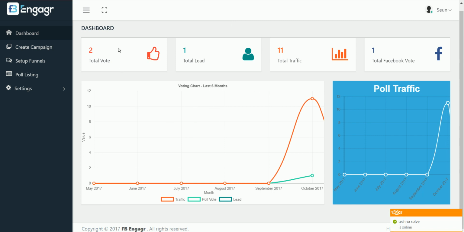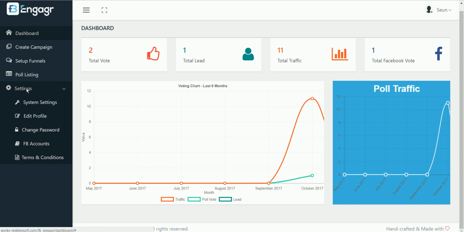As we can see, it's all about creating poll-like campaigns and posting them on Facebook, which has proven over time that people engage with this type of post on Facebook. So this is the dashboard where we can see the total votes, the total leads, traffic. This is the graph. So the first thing we need to do is to integrate our Facebook account, which you